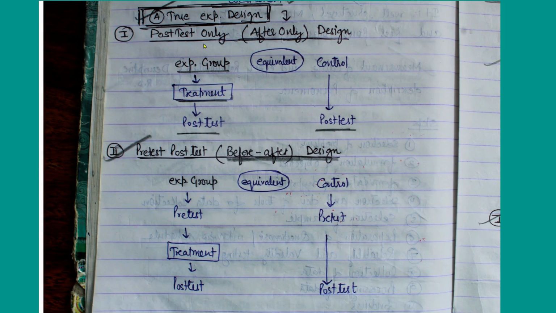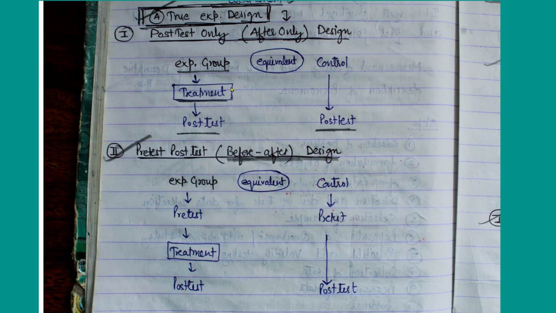I will just explain post test only. Post test means here in the experimental group, suppose these are your samples in which you are doing experiment, you are giving certain treatment which you are studying, and then you are doing test again, right? What are the changes? On the one side, this is one set of farmers. Control means another set of farmers where you have not given any material, any treatment. So you will collect data from this control audience also, and from the experimental audience also, right? So you will have two sets of data, and you will see how much knowledge they have gained, how much change you have brought.